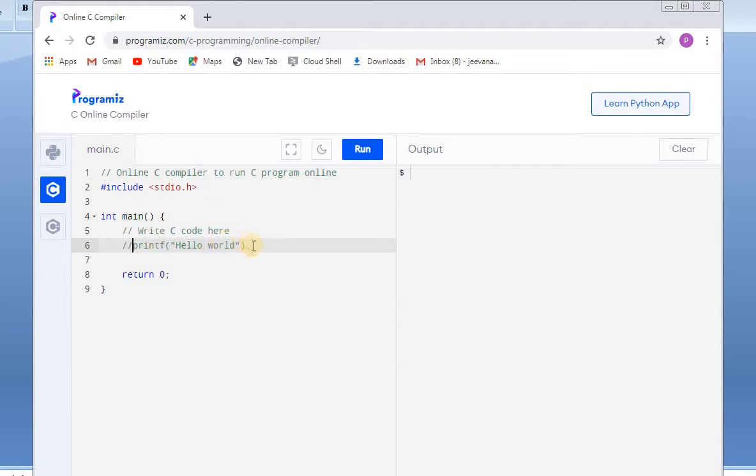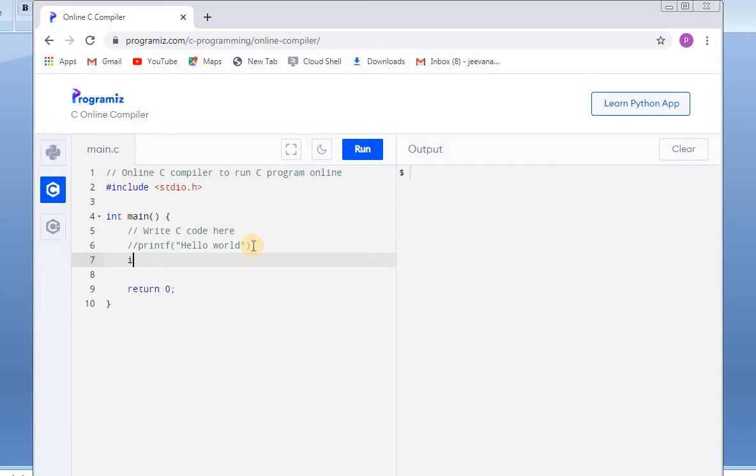So first let us declare an array, A of 5 equal to, I'll take the values as 3, 4, 5, 6, 7. I'm taking different values here, and one more array, the pointer array, P of 5.